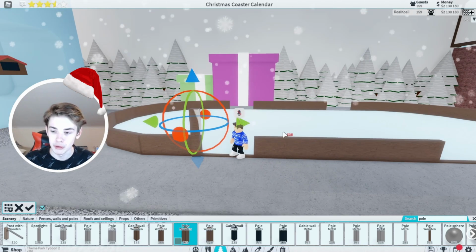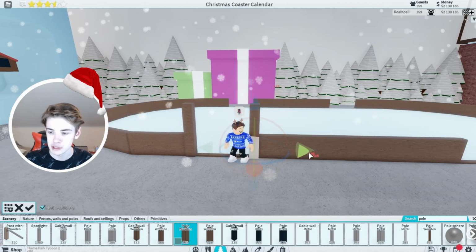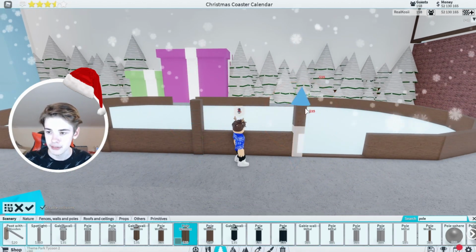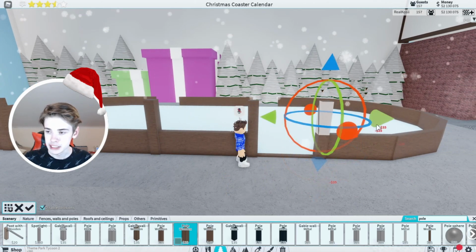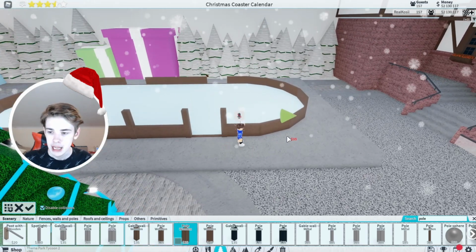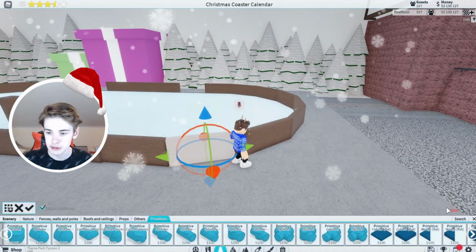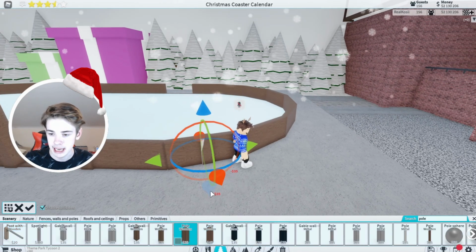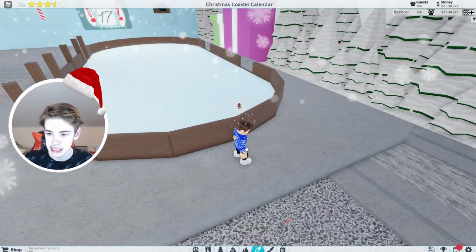But we've got this pole right here, and we just want to place this right here as well, 1 in the middle of this right here, 1 right here, and then 1 on the other side of this doorway. This means that we'll have a nice 1.5 gap in between each pole, which I think is a good amount right here. And then what we want to do is just come around to this corner here, search for our wooden pole again right here, place that in, and then we just need to add in